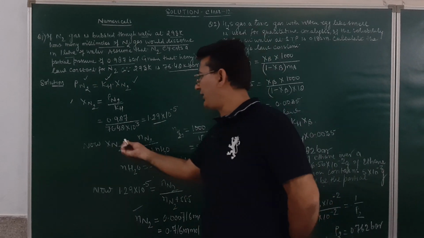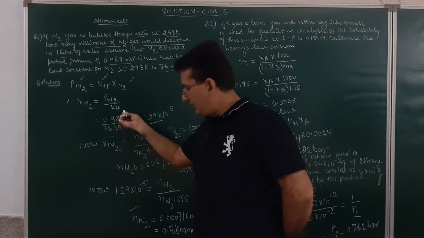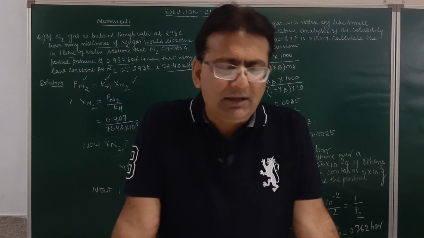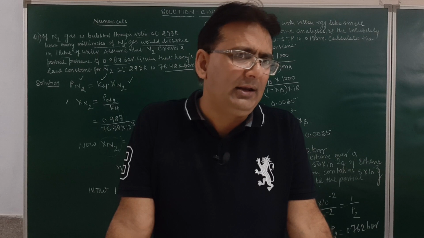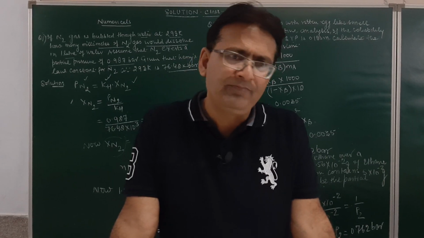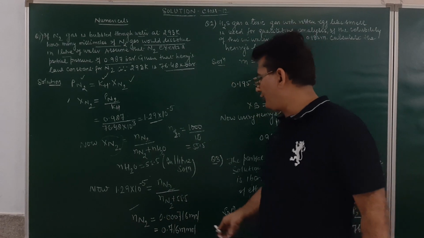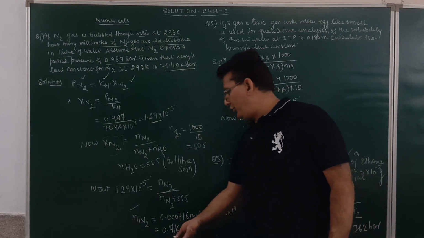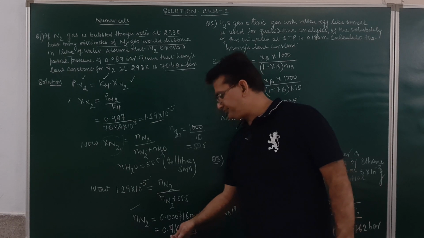Then what will be the mole fraction formula? They may ask you to do this. They may also ask you to solve the numerical problem. Is it clear? So I think the first numerical problem is clearing much about the concept of solubility of a gas in liquid. And here, how many millimoles of nitrogen is dissolved in 1 liter of solution? It will be 0.716 mole.